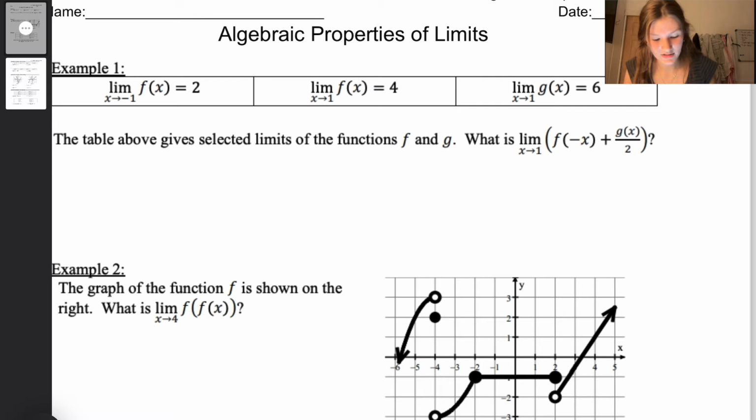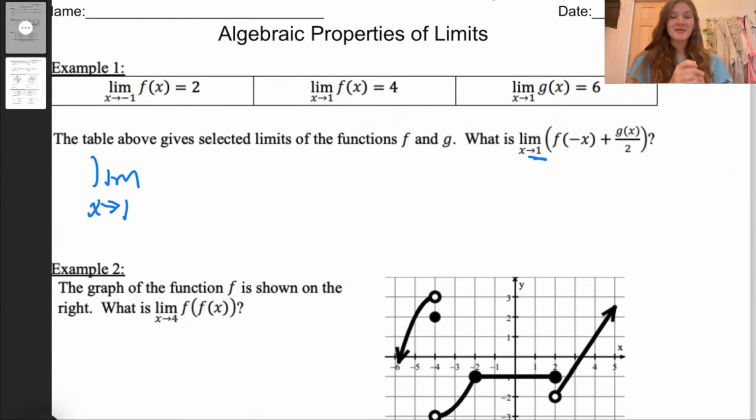So it's always going to be going to around the same value. You know what I'm saying? They're not just going to give you a limit and you can't really solve it with the table, unless they do, but then you can notice it. So you just plug in. So the limit as x approaches